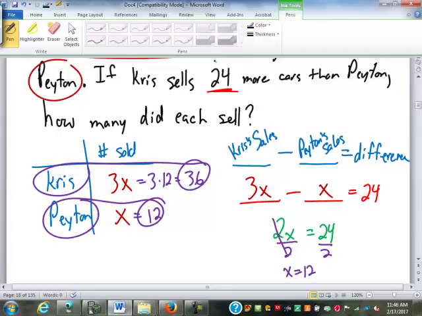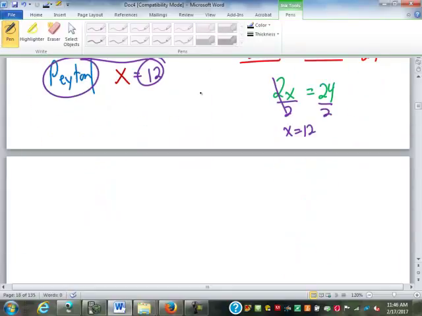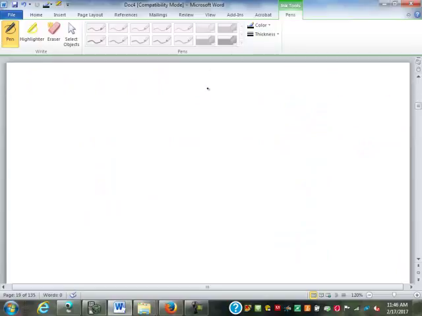Okay, so the next step then, we're going to add a layer of difficulty. It's a layer of complexity in the problem. So let's say that,